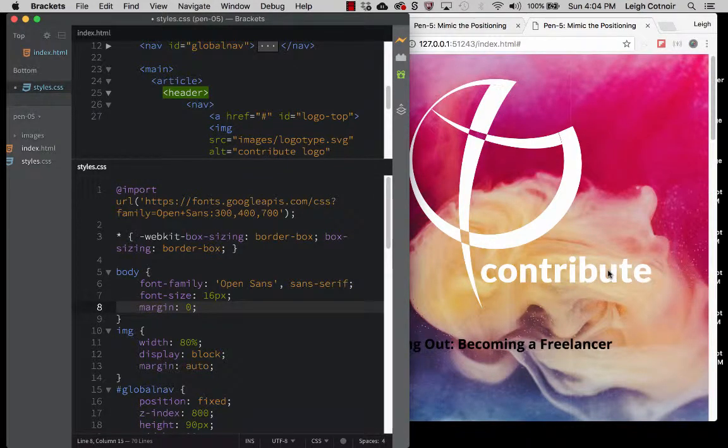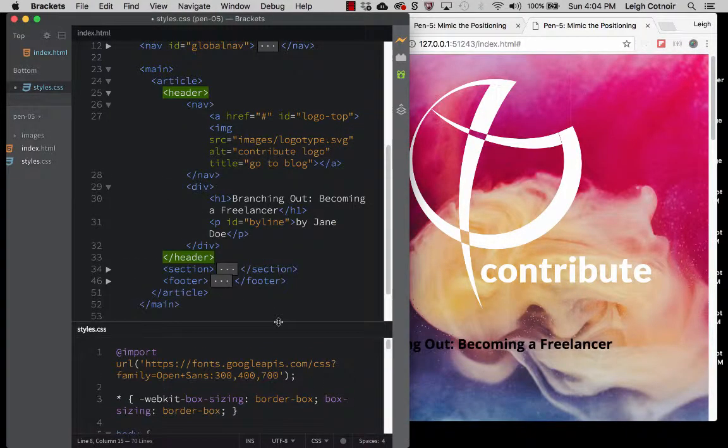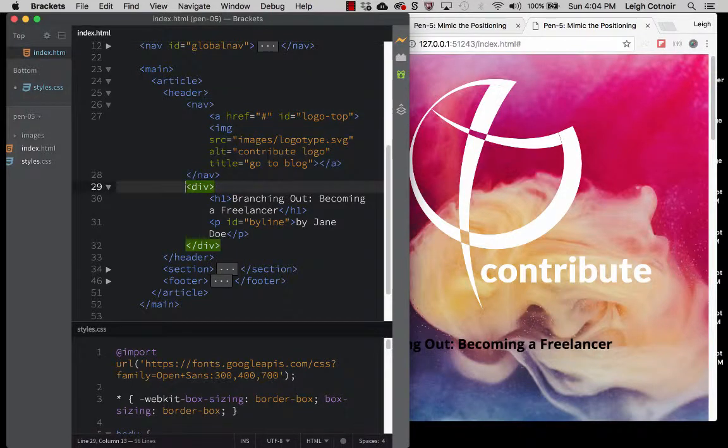All right, now we can look at styling the children elements that are inside of the header. If you see here, this is what we've got so far. And the child elements that are in the header, if you take a look here, are going to be this nav that's got inside of it an A tag that has an image. That's what this is. And then below that is a div that is basically like an organizational wrapper. It doesn't really serve any other purpose except for the styling, but it organizes the H1 and this paragraph byline